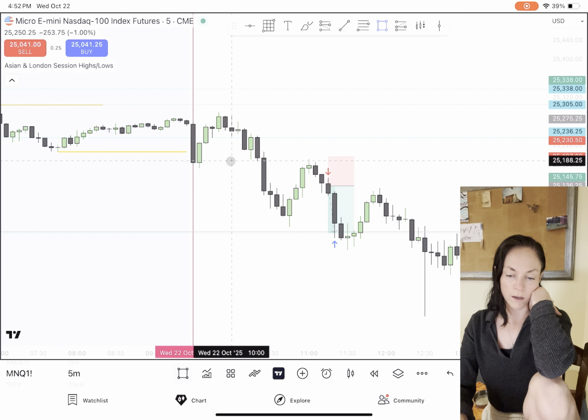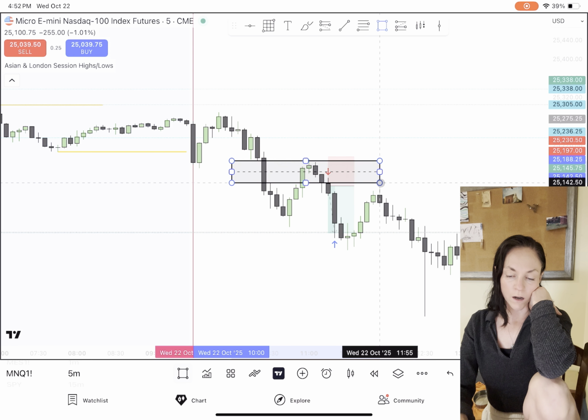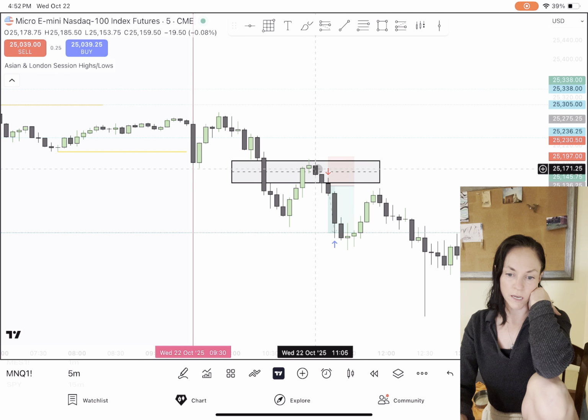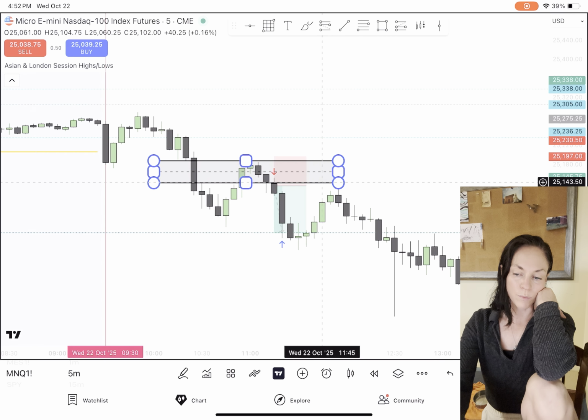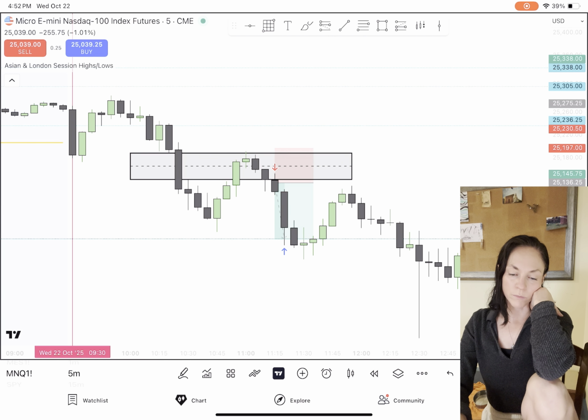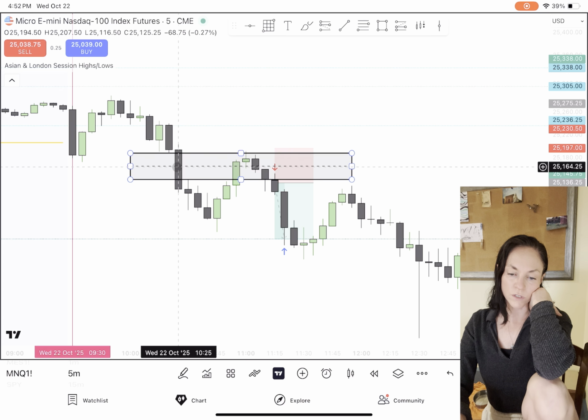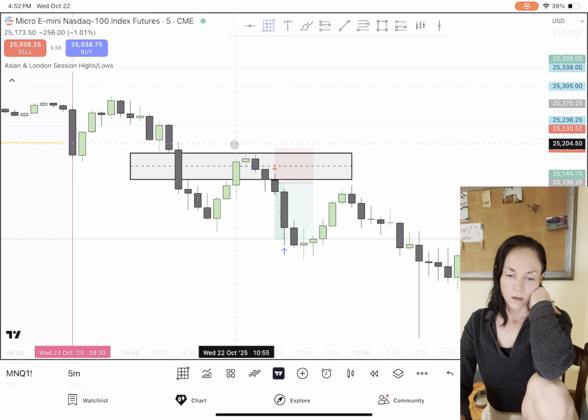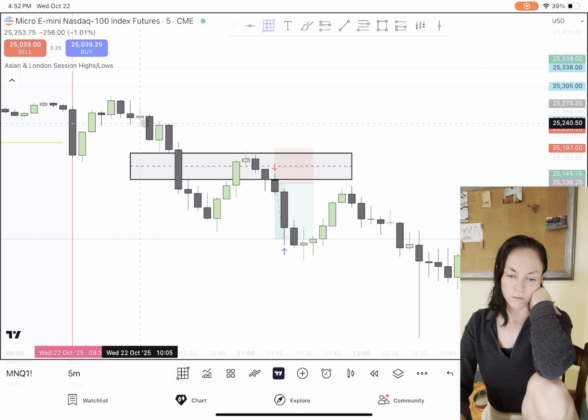Here we form a fair value gap, and price moves back up into it, nearly inverses it, but does end up respecting it and starting to move down. Now at this point in time, I am like, okay, so we respected this fair value gap, and we also, what was it? Was it equilibrium that I ran with? It might have been. Let's see.